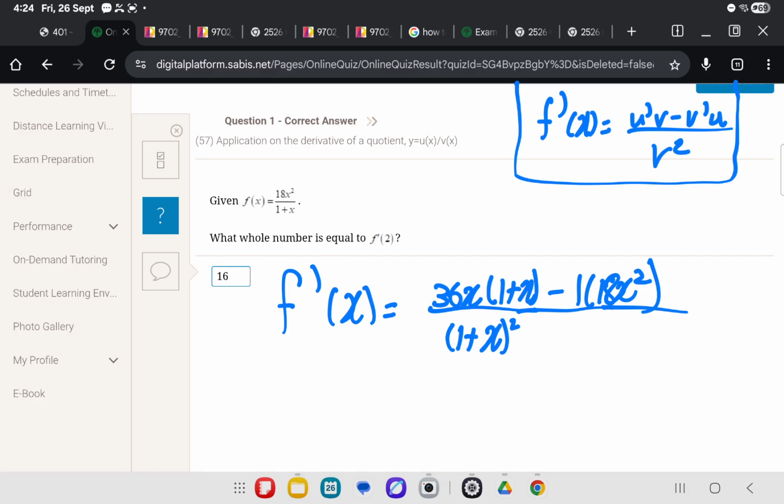But I'm going to stop here because they're not asking me what the derivative function is overall. They're only asking me the value of the derivative at 2. They're not asking me to type in what the derivative actually is. So I'm going to stop here and write